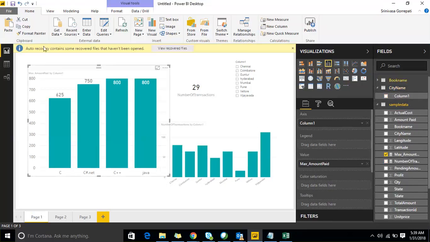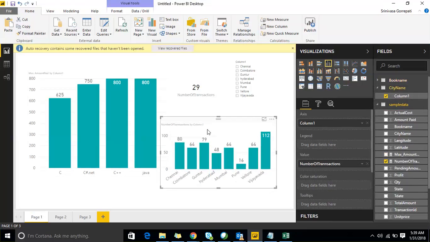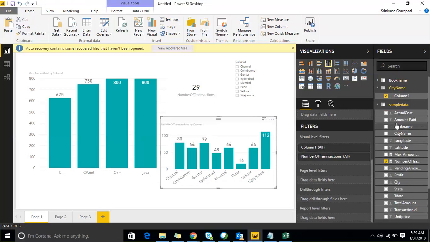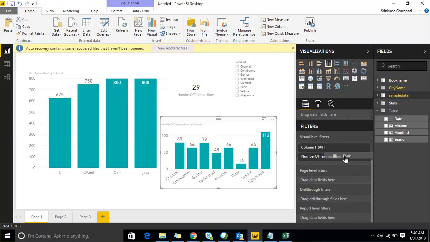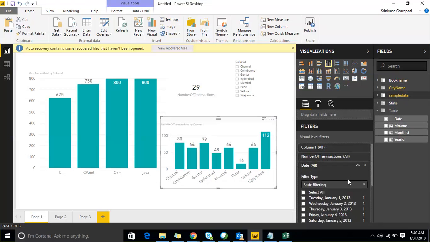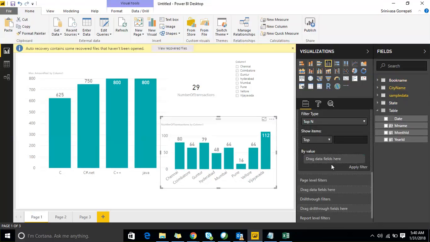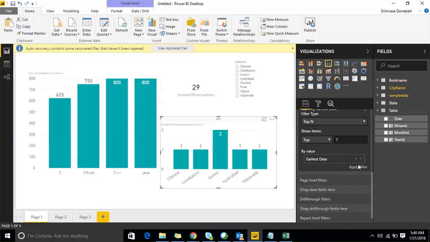So here, city wise number of transactions for last 7 days. Again, you are going to keep a date filter, and you are going to mention it as like each city having how many, and 1 2 3 4 5, we have 8 cities,